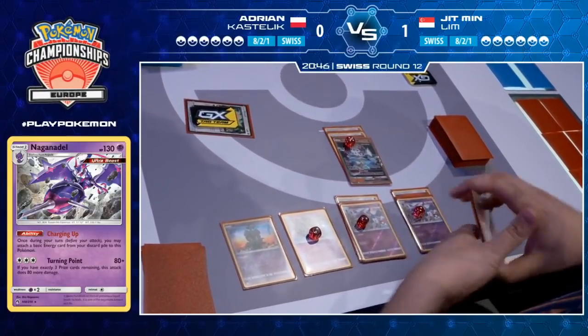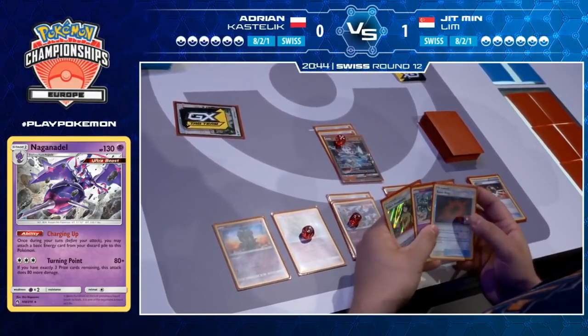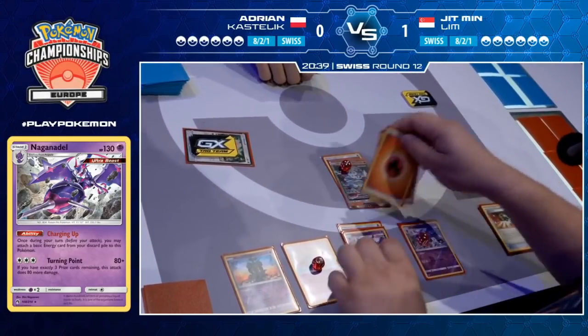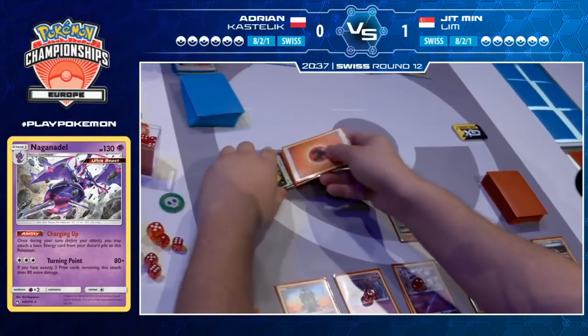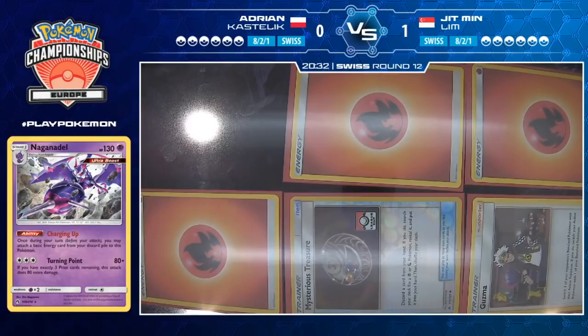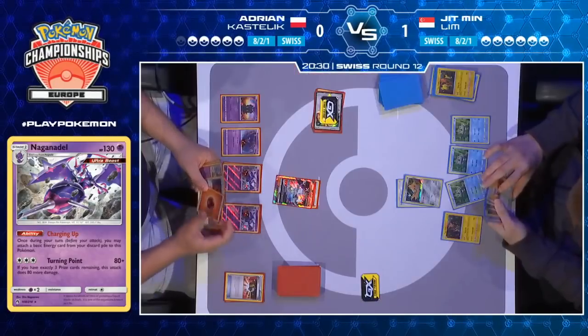So Doge doesn't even need the energy switch now. You can now Lost Zone the 2 energy he just attached, as well as 1 in the active, and then 1 manual attachment from hand will be enough to get the Blacephalon powered up and attacking again next turn. So a prize for Adrian again, kicking the game off. He's also able to pick up one of those fire energy cards for next turn as well,